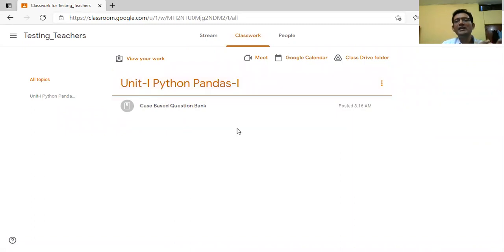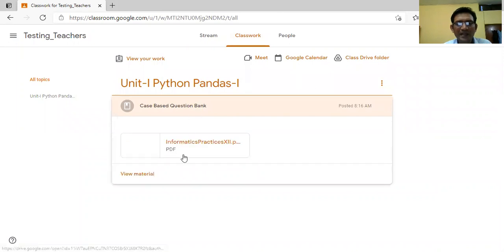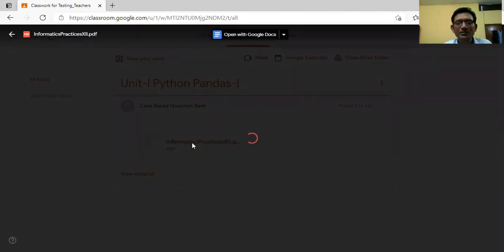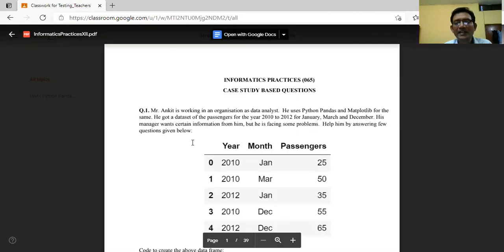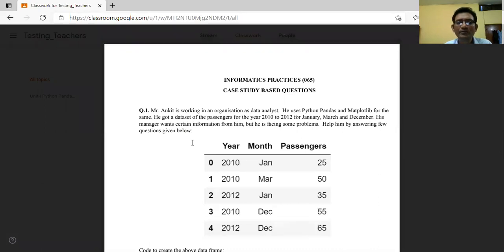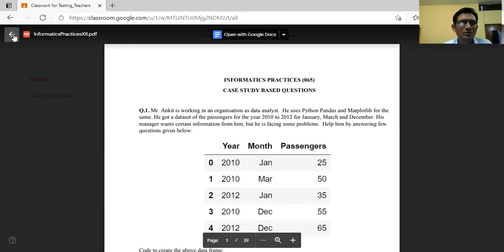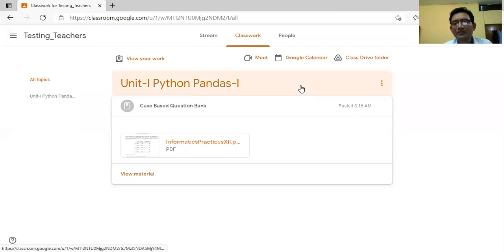So this is how the student looks at this material, and you can see here the students can click on this topic, and this file is appearing to the student, and he can view this one like this. So whatever material I have shared with the students, they can view, and later on if he wants to download, he can download that topic also. So this is the first option that we have used, that is how to create a topic and add a material to it.